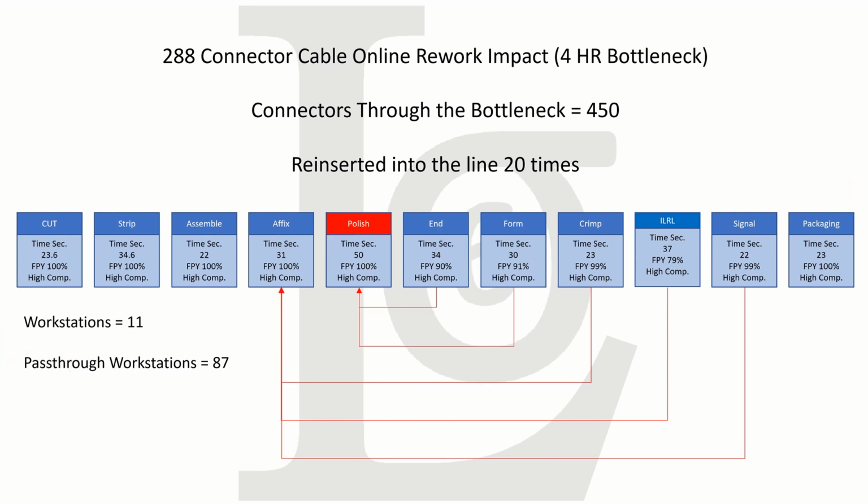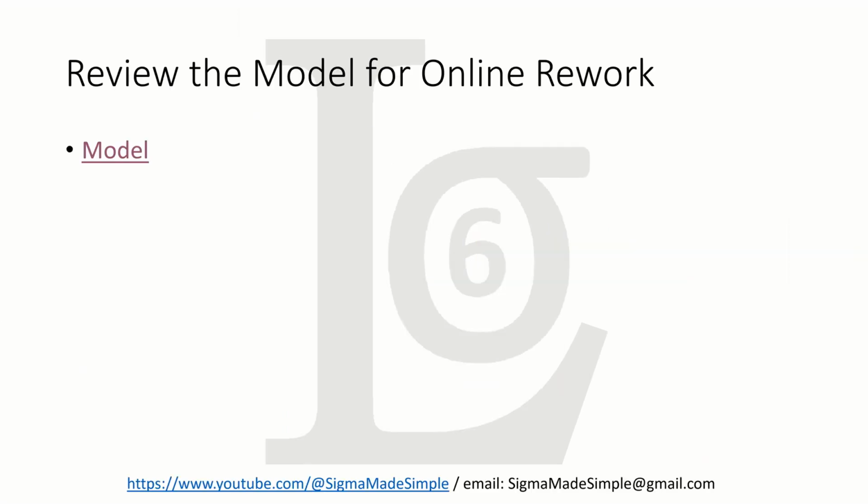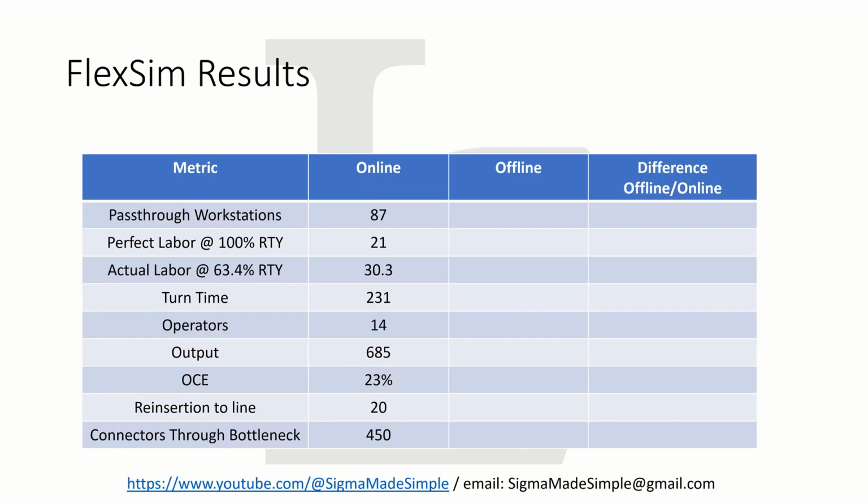And now we're going to go back. So let's look at the results. The product passed through 87 workstations instead of 11, which would have required 100% rolled throughput yield to go through 11, which is the perfect labor, which is 21 hours if the rolled throughput yield was 100%. And we can use that to compare against the other times because that's what we want to do. We always want to compare ourselves to perfection. So the added labor for online rework is 30.3 hours or 144% more labor because of our rolled throughput yield,